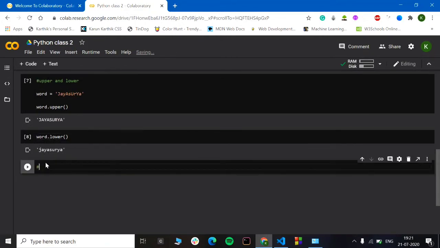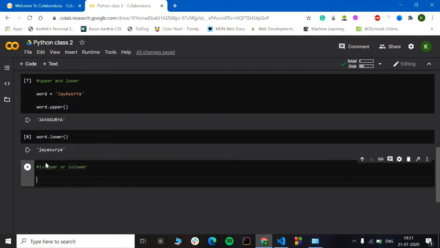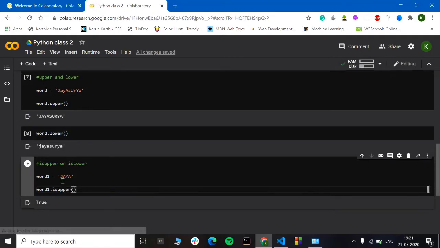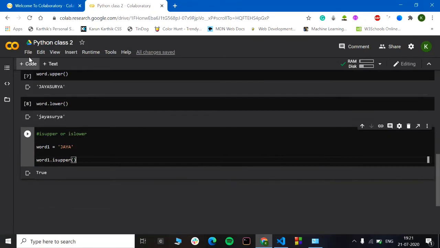So the next ones are isupper and islower. What it tries to do is tell whether the word which you have given is entirely uppercase or lowercase. So let's go with word 1 equal to Jaya. Since we have given all uppercase letters here, it would be saying true or false. So word 1 dot isupper is true, and we will print